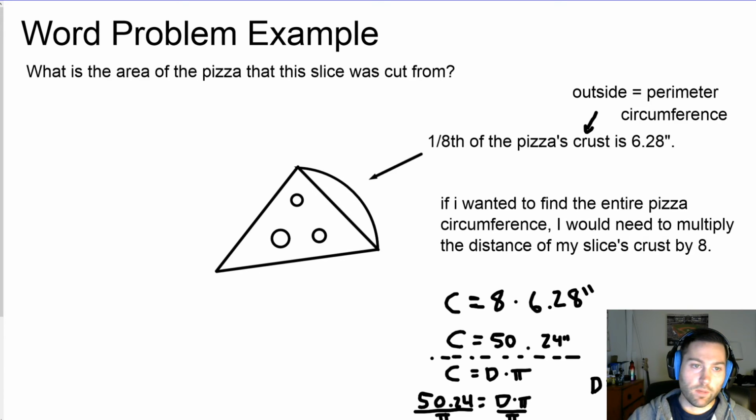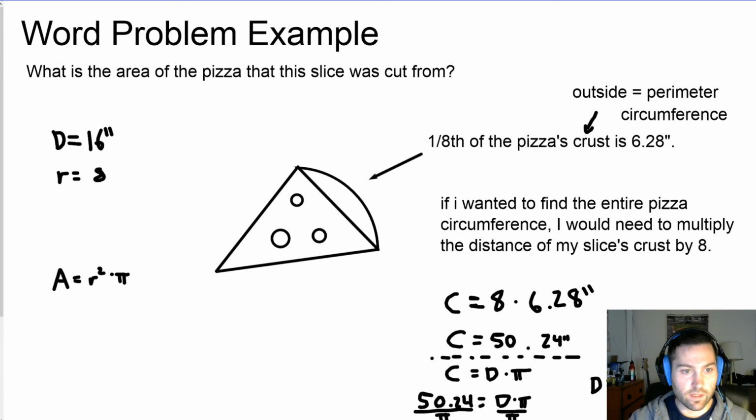So I'm going to take my work up here. If the diameter is 16 inches, and I'm trying to calculate the area, which is r squared times pi, I need the radius. So the radius would be half of that measure, 8 inches. So then I'm going to substitute 8 into my formula. So it would be 8 squared times pi. 8 squared would be 64. So I'd get 64 pi